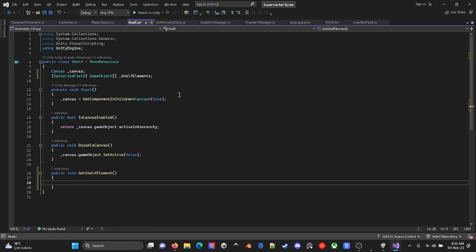If the customer touches here, it gets the shelf element of 1, which means if the shelf elements length equals 0,